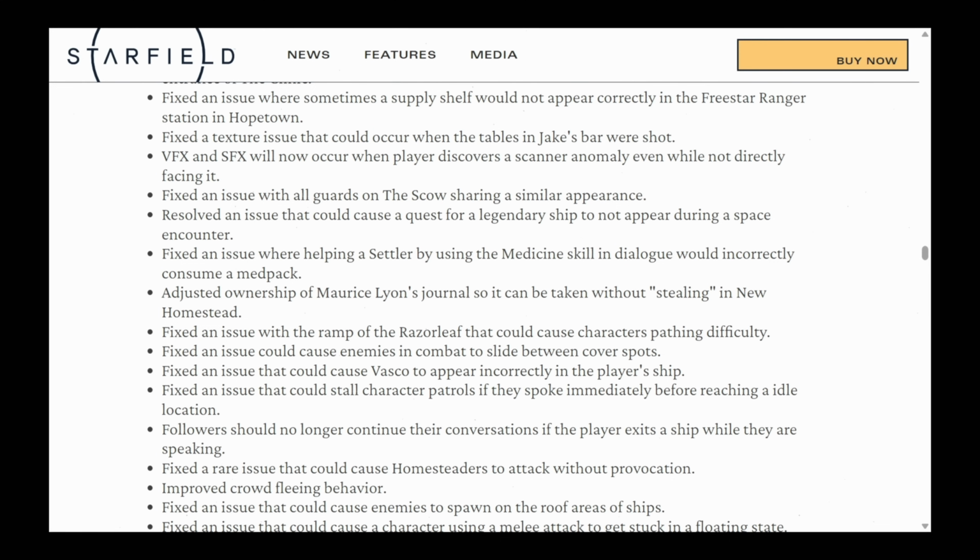Fixed an issue that could cause enemies to combat slide between cover spots. Fixed an issue that could cause Vasco to appear incorrectly in the player ship. It wasn't in the player ship. It was on top of it, Bethesda. Come on now. Fixed an issue that players could stall player character patrols if they spoke immediately before reaching an